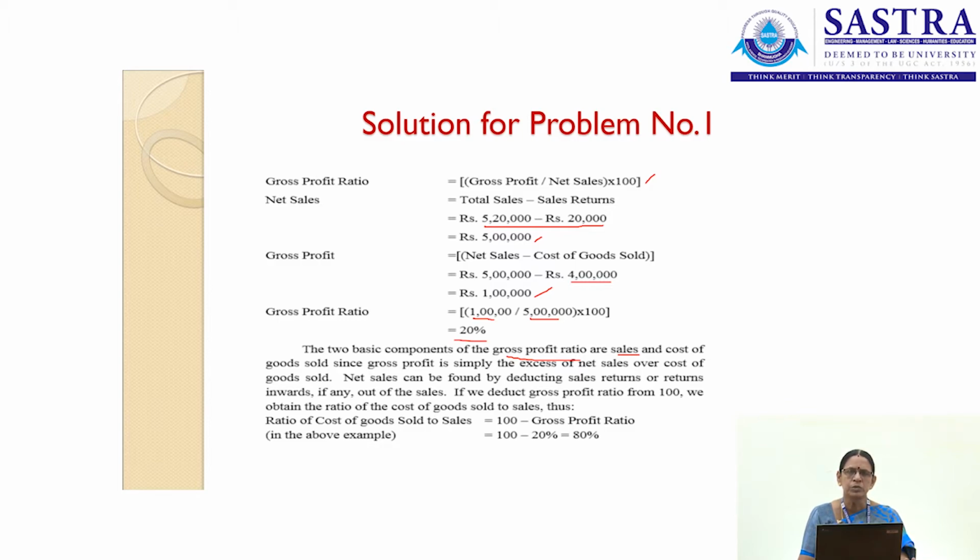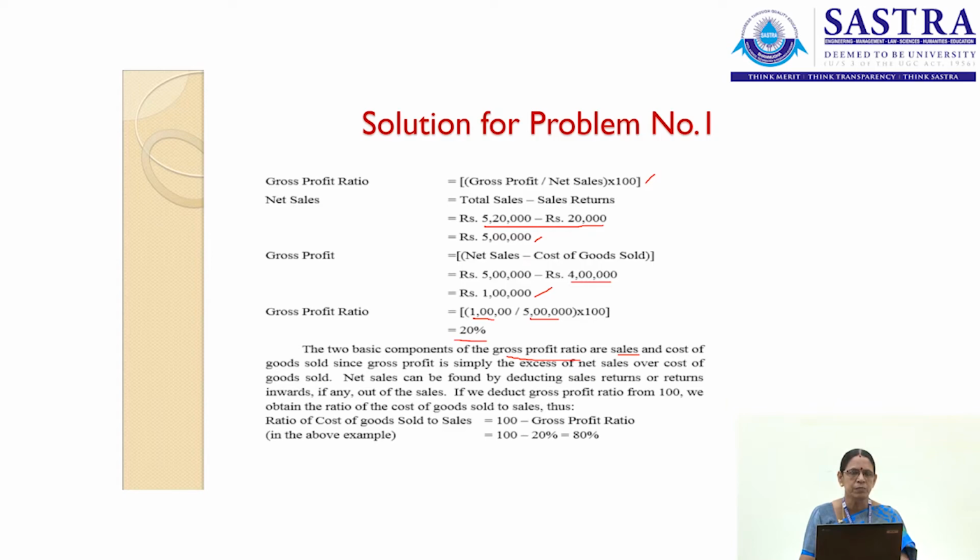What is your cost of goods sold? That is your opening stock plus purchases minus your closing stock. How many units or how much value of opening stock you have in hand, and the total purchases you have made during the year, that will be your total stock in hand, minus your closing stock. What is the stock at the end of your year? So the difference between these two, opening plus purchases minus your closing, will be the cost of goods sold. So sales minus cost of goods sold is said to be GP.